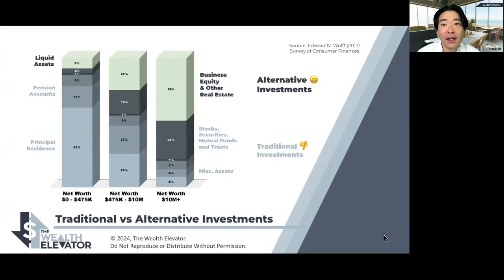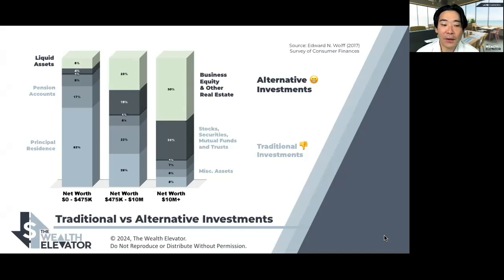Shown in a different way, this is a depiction of folks on the left side. I would say these are like regular Joes. You see the principal residence making up the majority of their net worth. And then they've got pensions because these are higher net worth people. You probably wouldn't agree with it being under $500,000 net worth. But most people with any sort of net worth these days are going to be our older generation, people above their 40s and 50s, and a lot of those guys still have pensions.